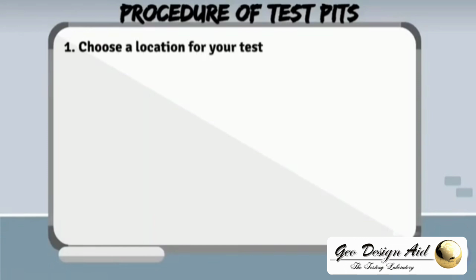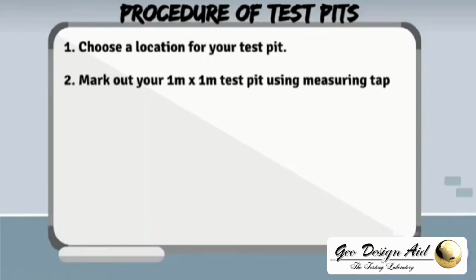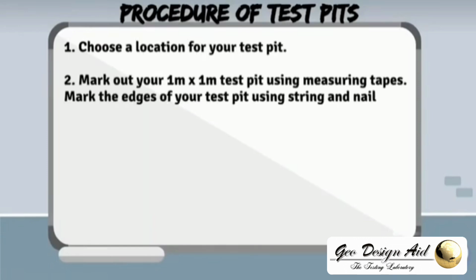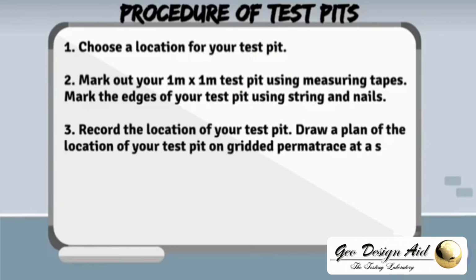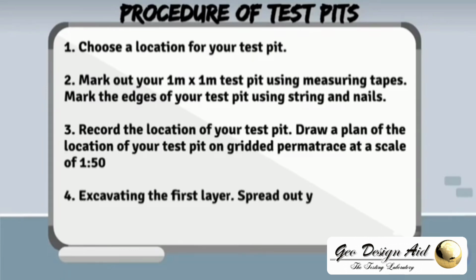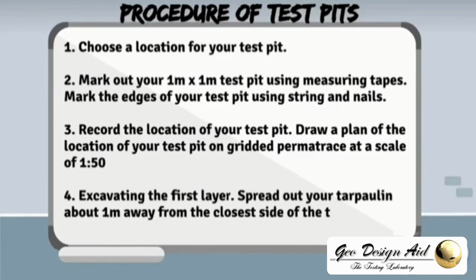Choose a location for the test pit. Mark out your 1m x 1m test pit using a measuring tape. Record the location of the test pit. Draw a plan of the location of your test pit. Excavate the first layer and spread out the topsoil about 1 meter away from the closest side of the